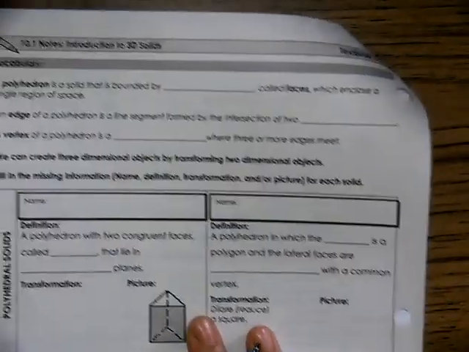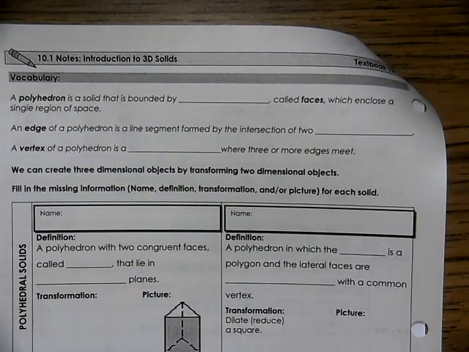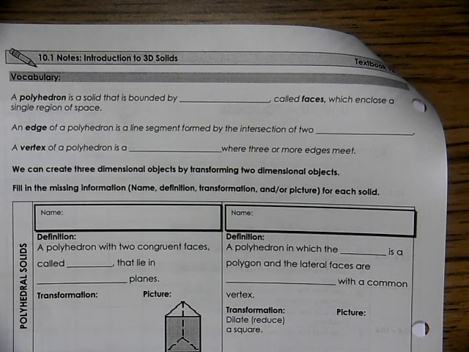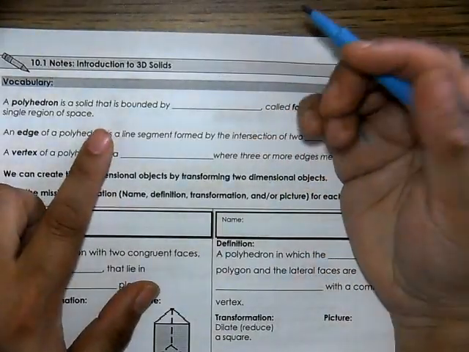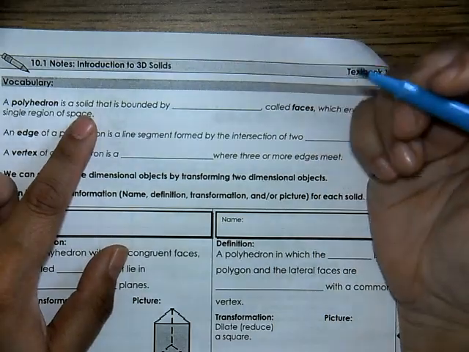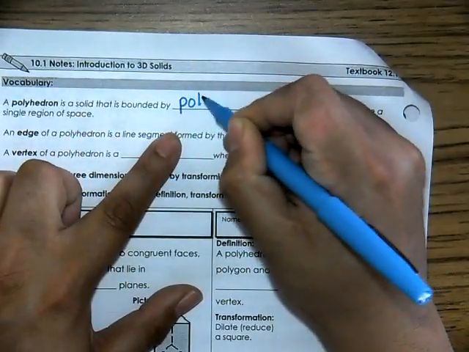Okay, so 10.1 talks about first just an introduction to 3D solids, and then we'll get into the actual surface areas on 10.2 for prisms and cylinders. So here's the first vocabulary word, polyhedron. You can hear the word poly when you hear that word, so hopefully that reminds you of the word polygon, because it's a solid that's bounded by polygons